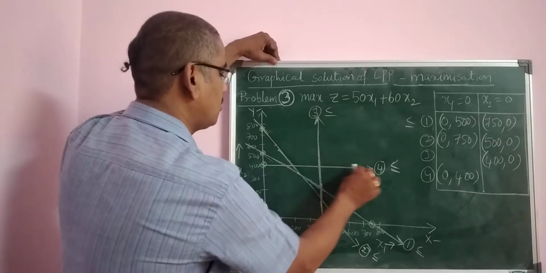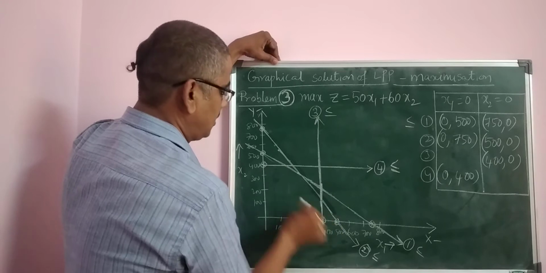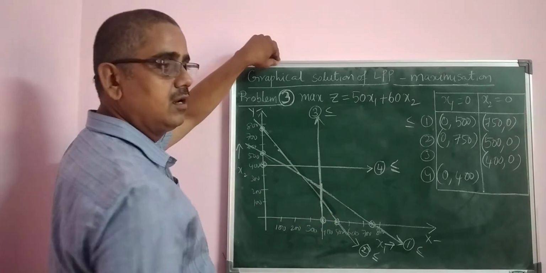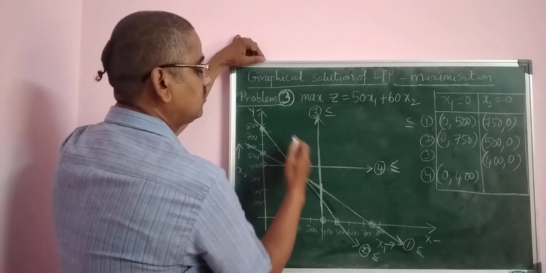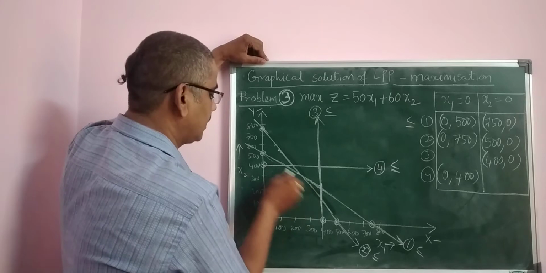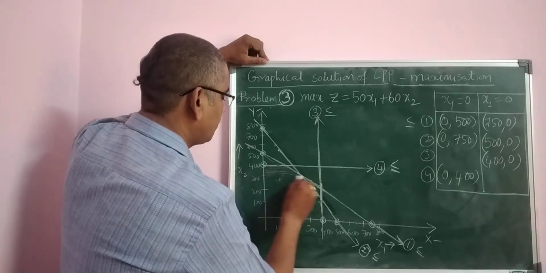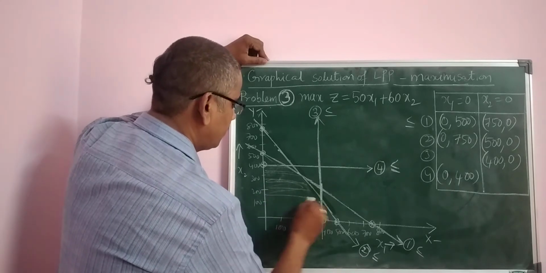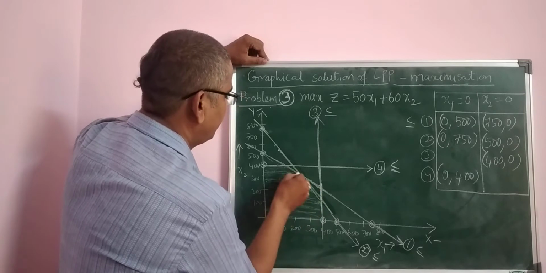You see, for less than or equal to, this is less than or equal to this side. This is less than or equal to this side. This is less than or equal to this side. Below the line. So for this, below the line is this. For this, below the line is this. So the common region I am indicating directly, right? This is the common region that is going to be considered and shaded, right?